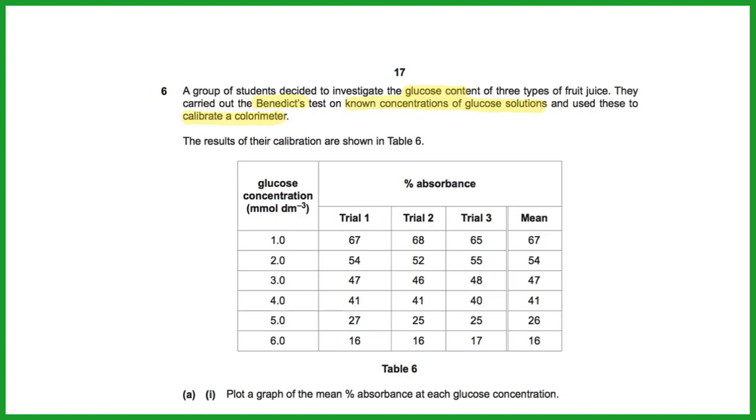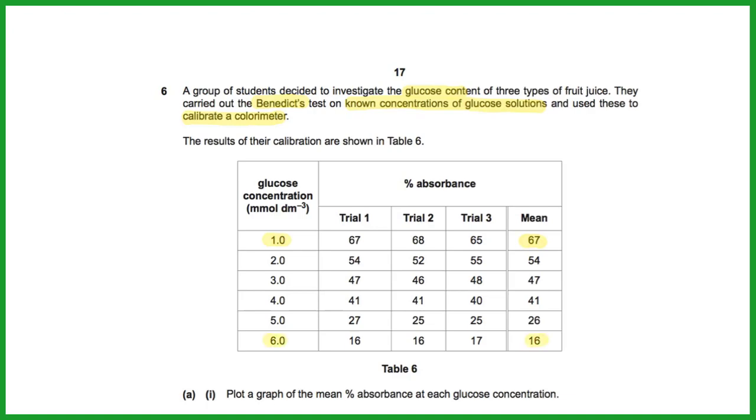So they put a glucose concentration of 1 millimole per decimeter cubed, boiled it with Benedict's, and then shone a light through a filter, and looked at the percentage absorbance. They saw that you had the highest percentage absorbance with the lowest concentration of glucose, whereas with the highest concentration of glucose, you've got the lowest